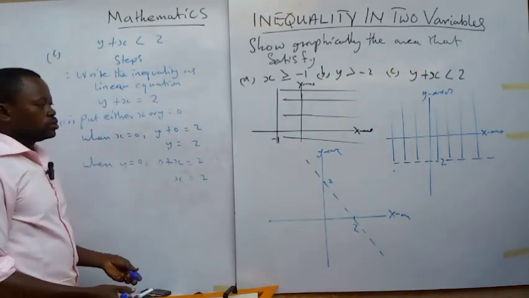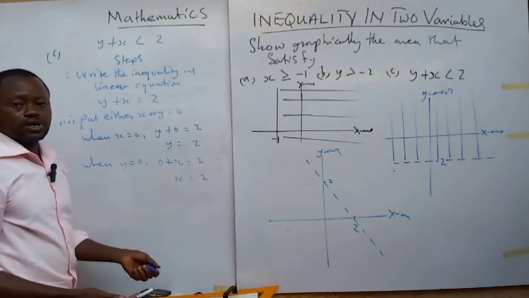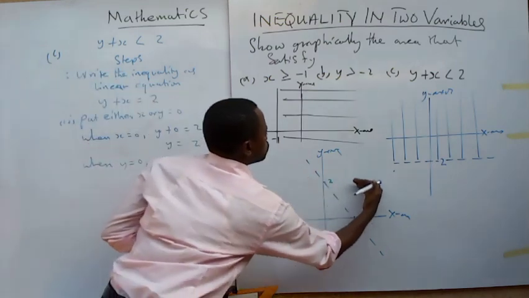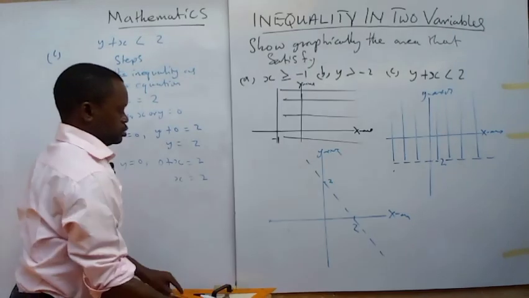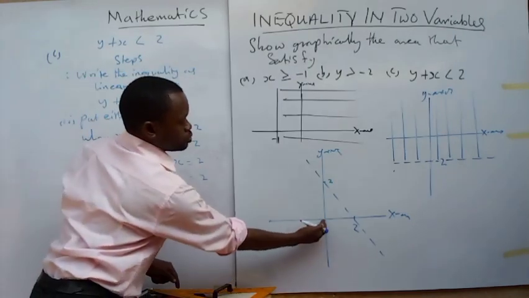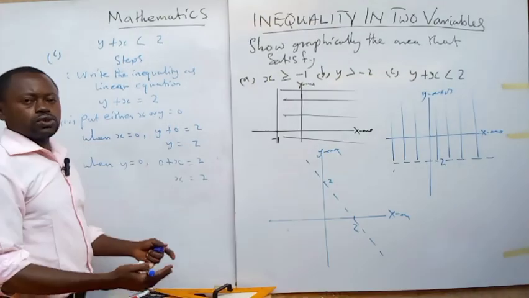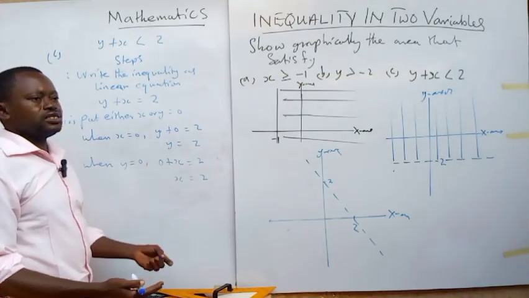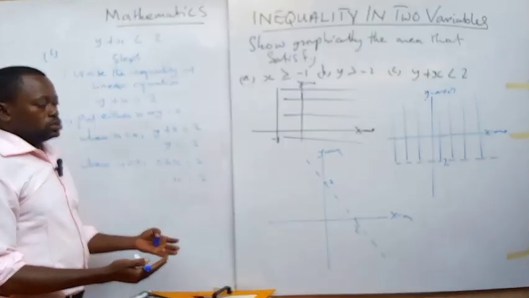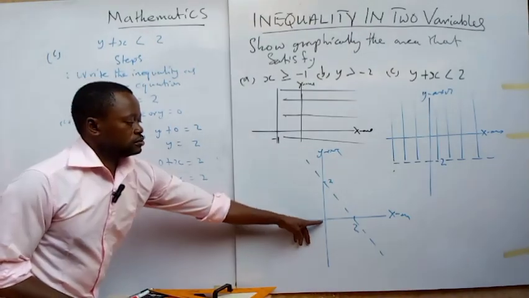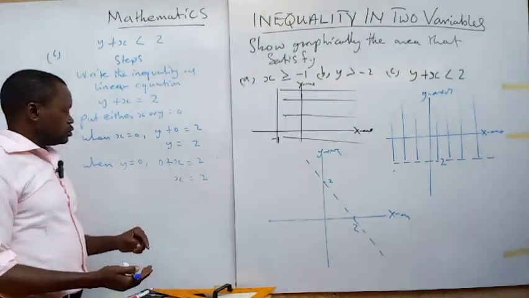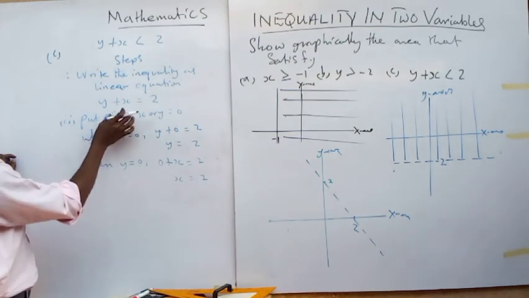Now, question: where is the region that satisfies this inequality? Is it this way or this way? Now, if you check this way, you encounter the origin where x is 0 and y is 0. So let's see whether we can obtain a very logical, reasonable inference from here, where x is 0, y is 0. So you now say from here,